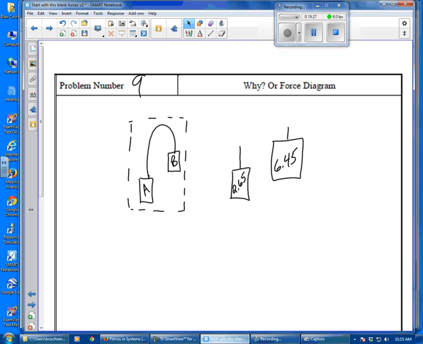Clockwise, yeah. A will go up, B will go down, so we have to think of a direction that incorporates that, and we can call that clockwise. So that's where our acceleration is. I would actually draw it on this one like this. And one thing I want to keep in mind is the weight of A and the